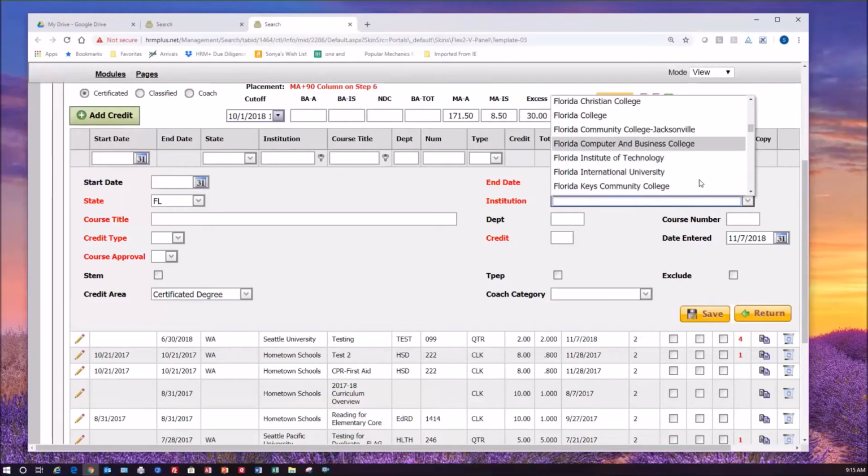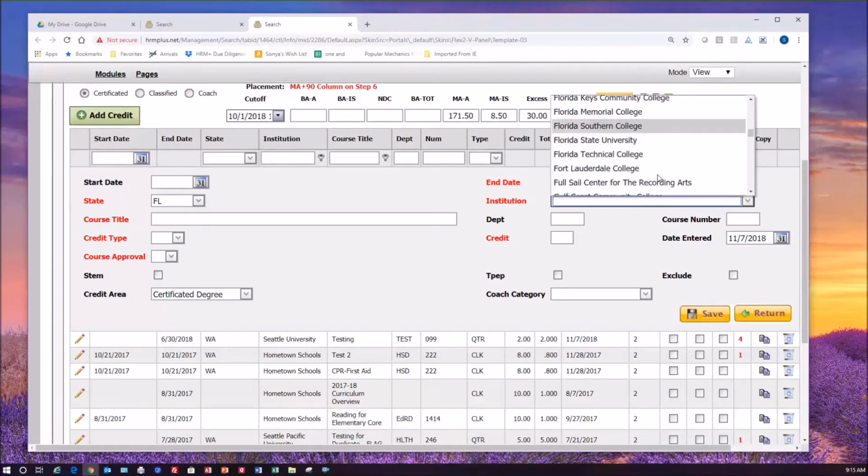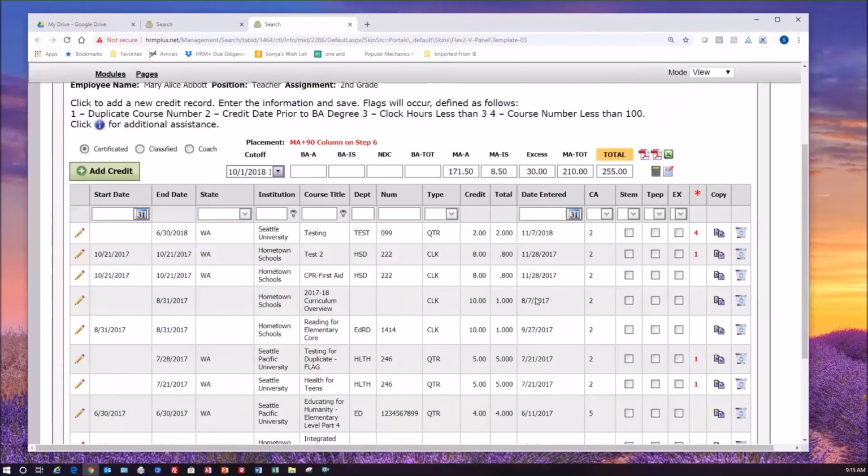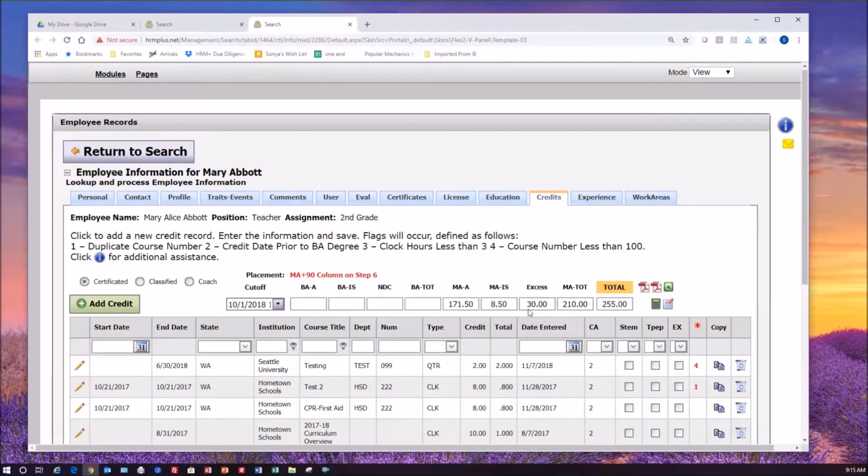I can look here and go, yeah, well, there's Florida, but the one I want is not here. Maybe it's Florida Western College, and it's not here. Dang, I need to record that. Okay. Before this most recent update, you had to return here, leave the screen, go to System Manager, look up